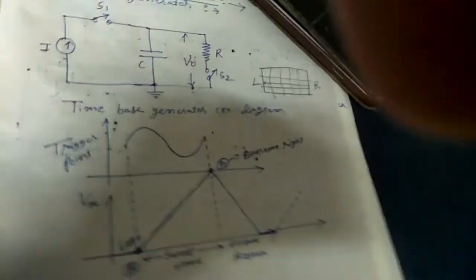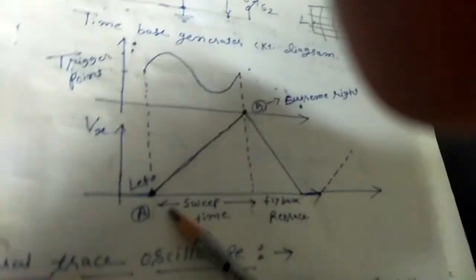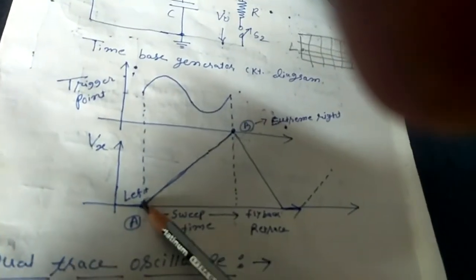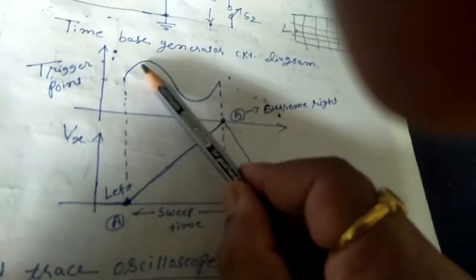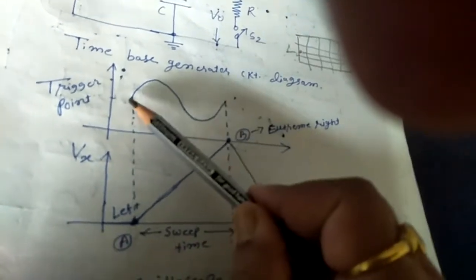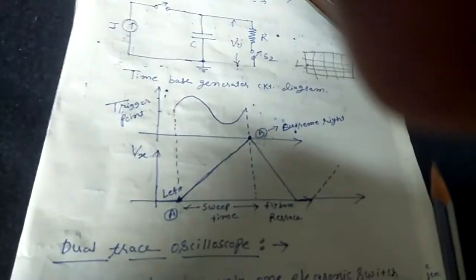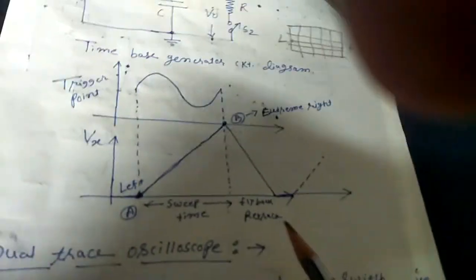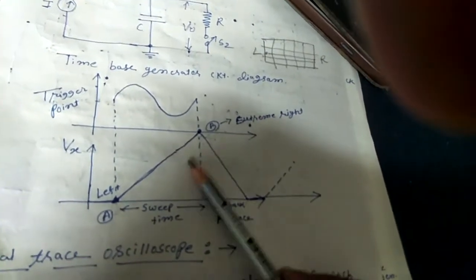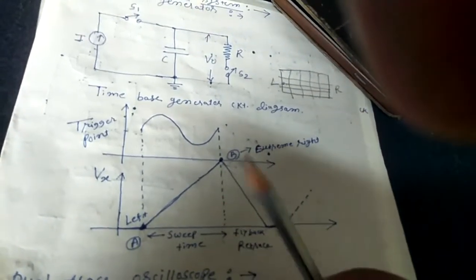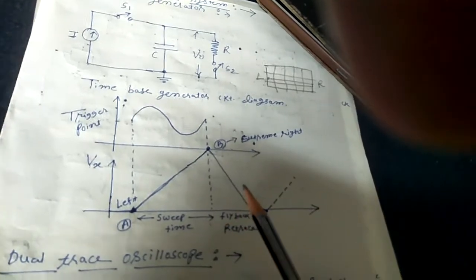Now what is the upper waveform? When this sawtooth wave starts, at that point the input voltage that you are applying to the vertical deflecting plate also starts. How does this happen? Because of the trigger circuit. I have already told you the function of the trigger circuit. The trigger circuit also triggers the sawtooth wave, and the important use of the trigger circuit is synchronization of the signal on the plate.